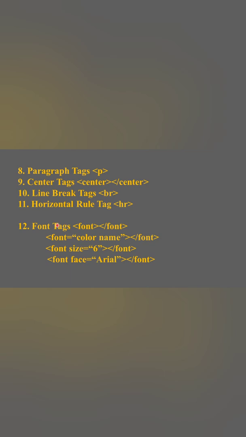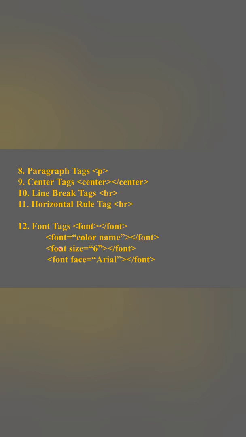And we can enter the text in different fonts. That means you can give a color for your text, you can give a size for your text, and also you can give a face, that means font face, for your text. So we can use different attributes for making your text more beautiful. If you want to give a particular color for your text, then you can use the font tag along with the attribute. How can you use this? You have to open the font tag, color equal to, and enter the color name in which you want to display your text. That color you have to enter here. Then close the font tag.